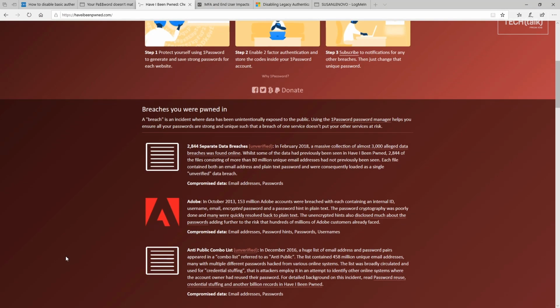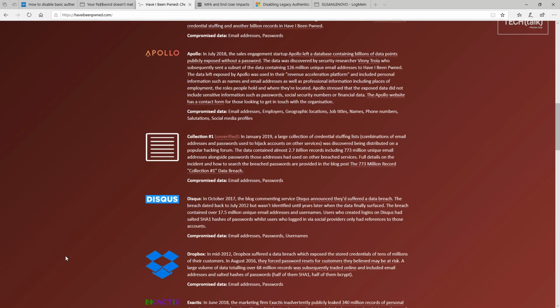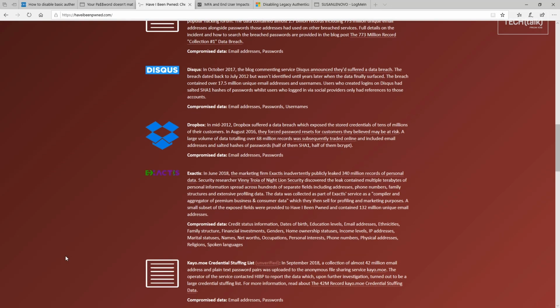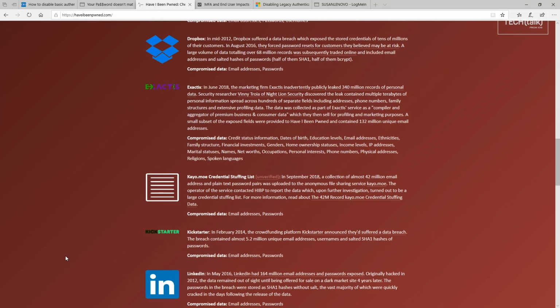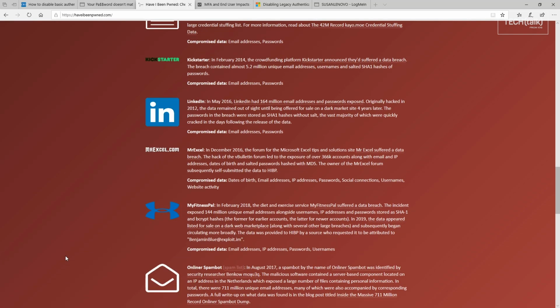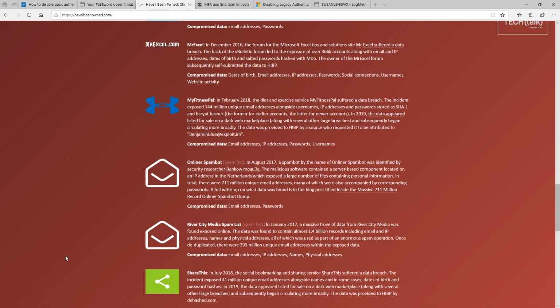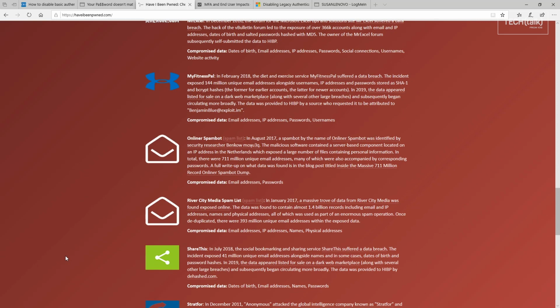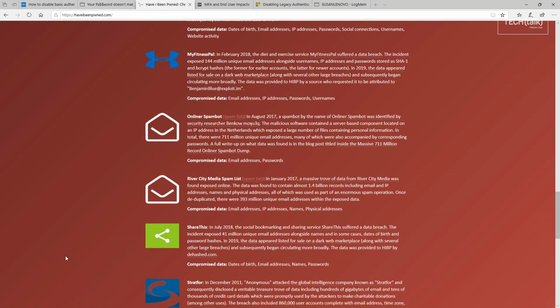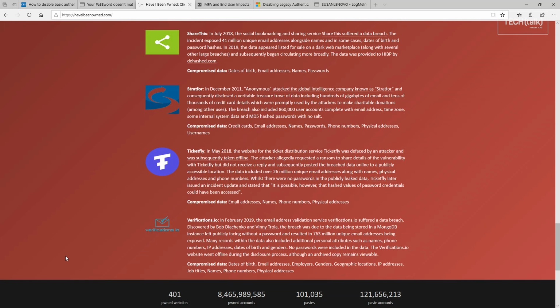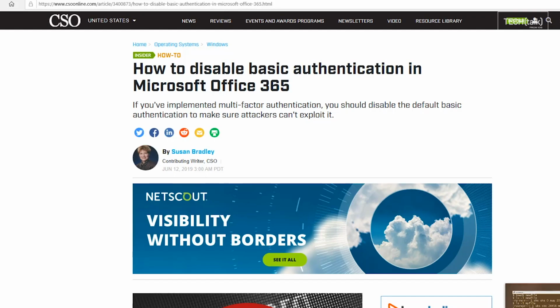And in fact, when you scroll down the list and see all the different sites where my email account has been breached, some of them I don't even remember, and I don't think I've signed up for, but because they shared information with other databases, my email account and my password got compromised. Look at all the different places. Scary, huh? And a reminder that if you use a username and a password, better known as basic authentication in Office 365, the attacker can use it too.